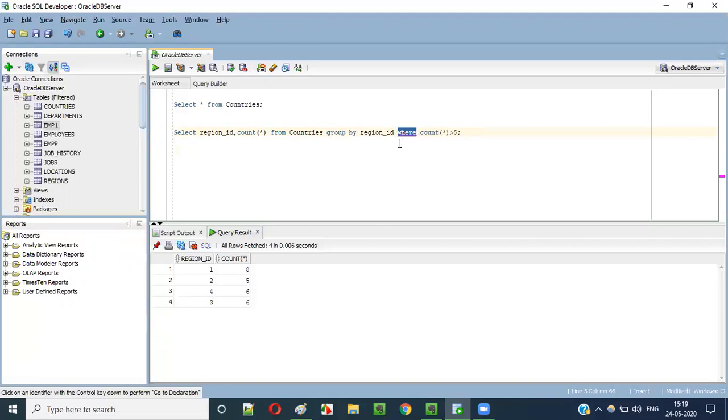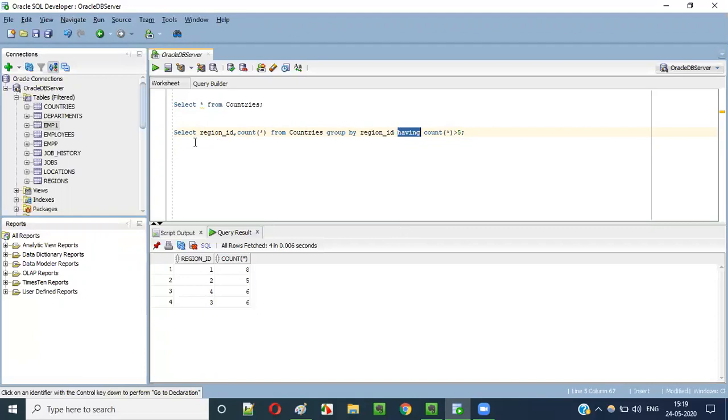After the group by clause, you cannot provide a condition by using the where clause. This is a problem. So in order to create a condition around this group by clause, we have to use the having clause. Select something from countries where, here I can use where. But after group by, we cannot use where. Also, the having clause is kind of a where clause for the group by clause. After you group something, if you want to add a condition, then instead of the where clause, you have to use the having clause.